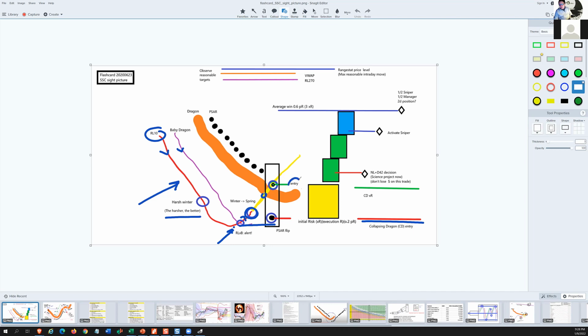This entry is either going to be when the RL10 crosses the dragon, or if price itself takes out the PSAR. So sometimes price will run up so fast that you want to be into it and the RL10 is lagging. So if price goes through that PSAR dot, then you want to just get long,